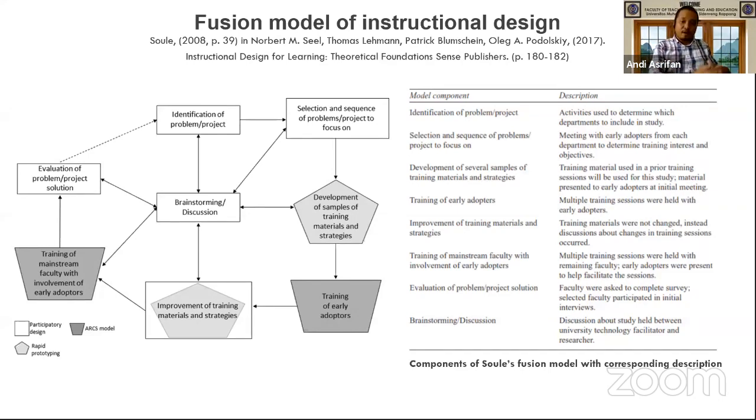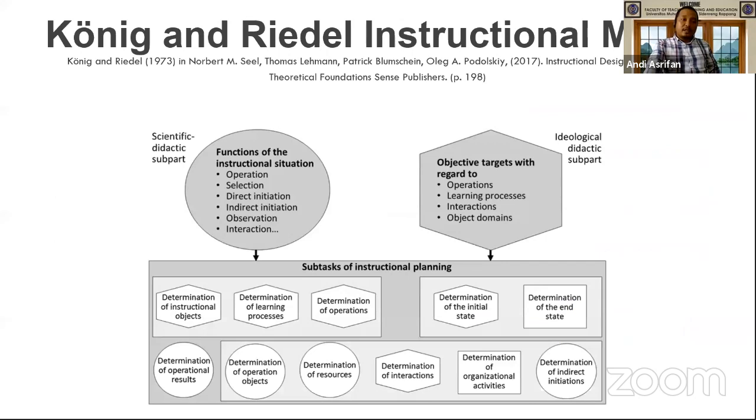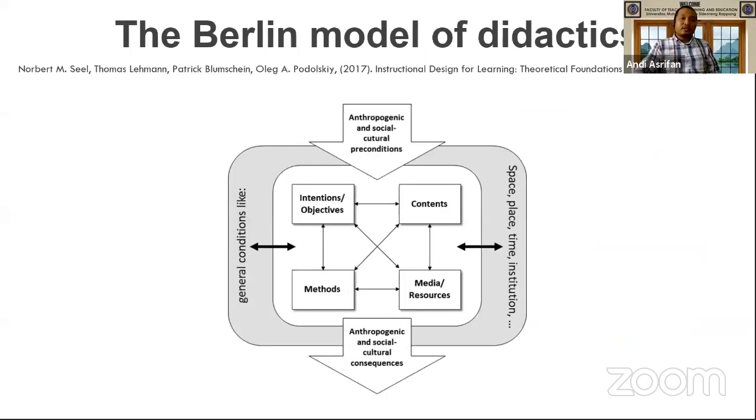This is the component of the SLU function model with corresponding description. And the next, the Conic and Radial instructional model, is almost the same, starting from the problem, and then design, and after that evaluate. This is the Berlin model of didactic,